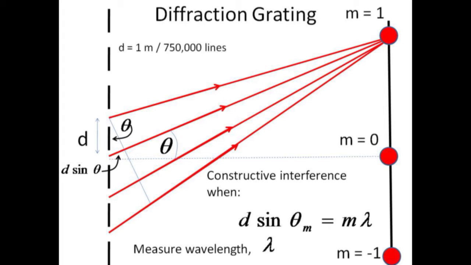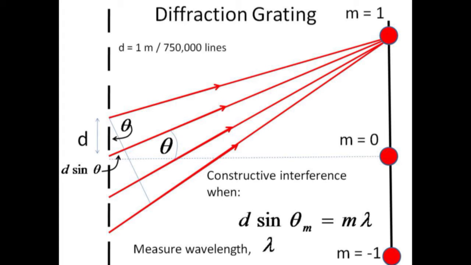The light falling on the screen to the right shows as isolated points of high-intensity constructive interference separated by vast areas of destructive interference. Constructive interference occurs when each path to the screen differs by one full wavelength from the neighboring paths. Mathematically, this condition is met when d sine theta is equal to m times lambda, where m is an integer. Since the spacing d is small,